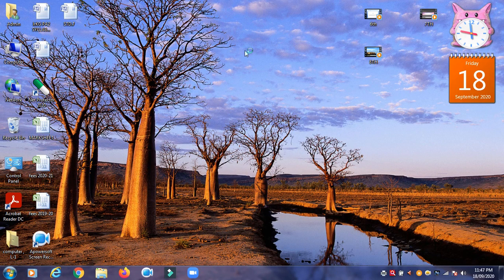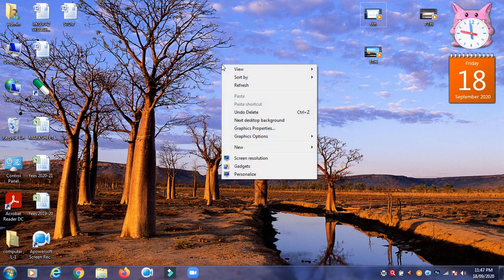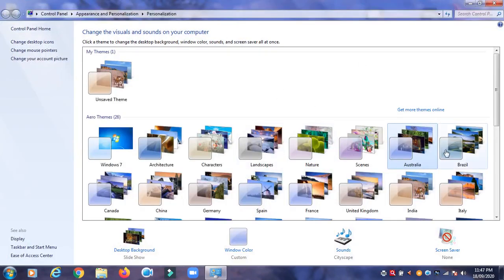Next one is screensaver. When the computer is left on and not used for a few minutes, a moving pattern appears on the screen. This is called a screensaver. I will show you. Right click on the desktop, last is personalize. Look, here is the screensaver option.